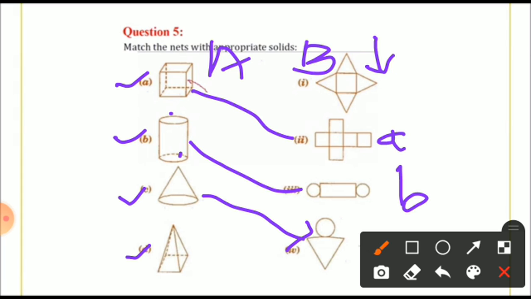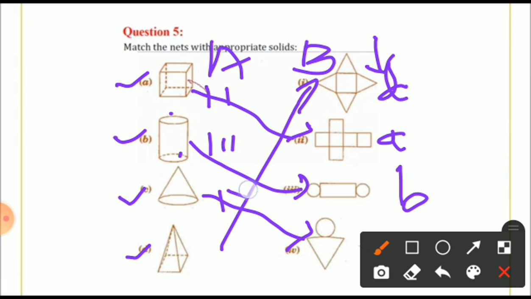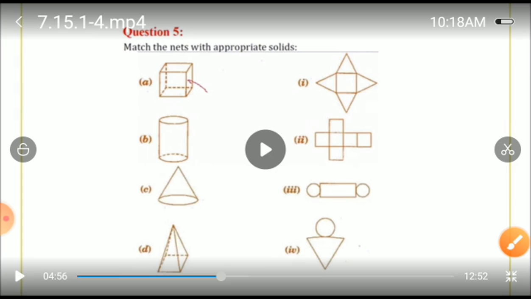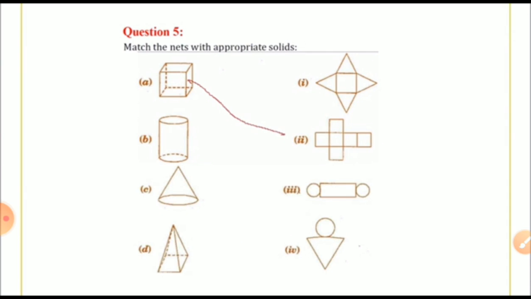And in the match the following, we are very lucky to get the final answer without doing any thinking or calculations. So whatever remains is D. Isn't it? Some students are writing this way, some are using arrows, some are using lines, or some are using numbers also. This is the second one, this is the third one, this is the fourth one, and this is the first one. So all the way I gave the answers. You got a clear idea how to make the nets according to the appropriate solids. Isn't it better? Yes, first one is this, second answer is B, third answer is B, fourth answer is C, and D is the first answer.